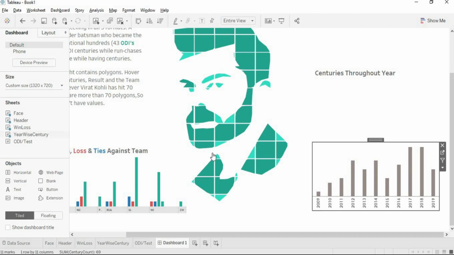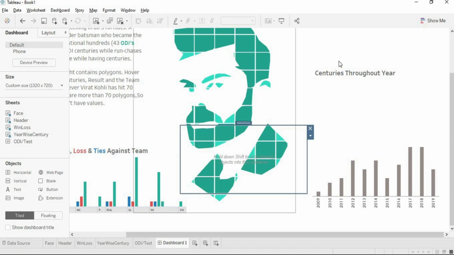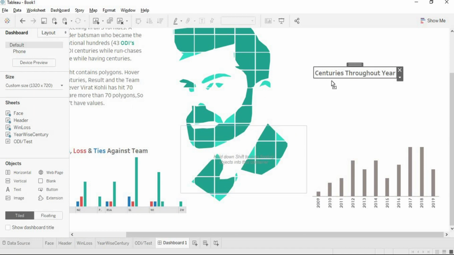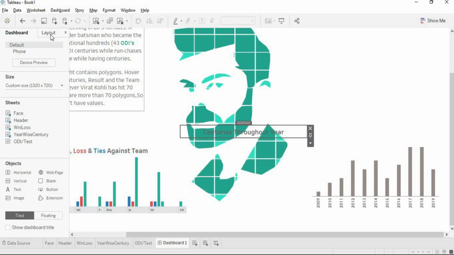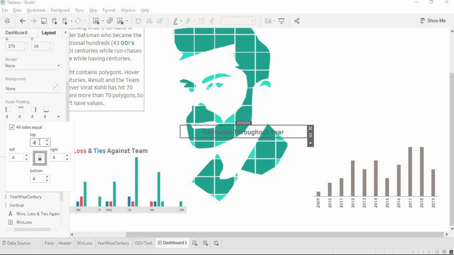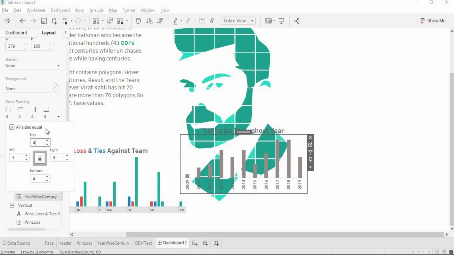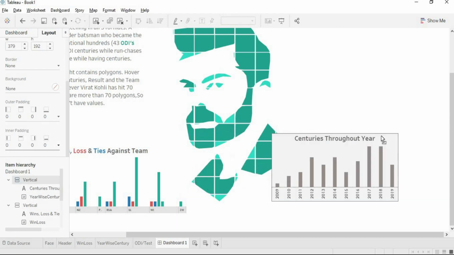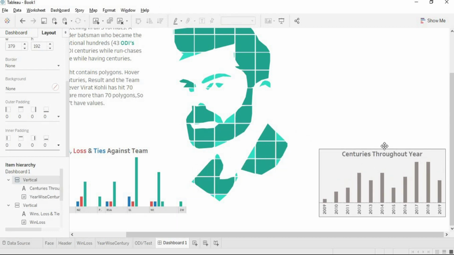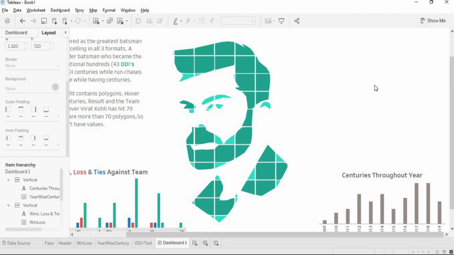So that's enough. Now we will be merging these two sections. So for that, using vertical container, drag, drop it here, change the padding to 0. Now add this section, drop at the bottom, and make the outer padding 0. Now I will be adding it to the right. So that's it, that's enough. If required, I will change the position of these two bar graphs.